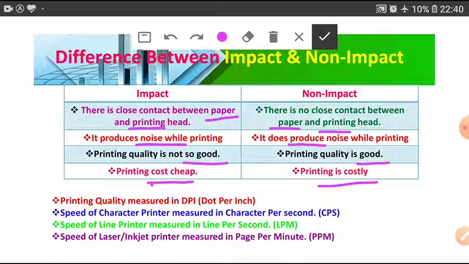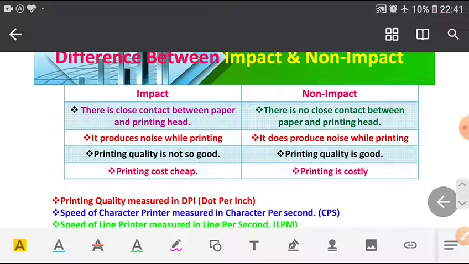Printing quality measured in DPI, dot per inch. A speed of character printer measured in character per second, CPS. A speed of line printer measured in line per minute. Speed of laser inkjet printer measured in page per minute. These are the basic differences of impact and non-impact printer. Okay. Now next,